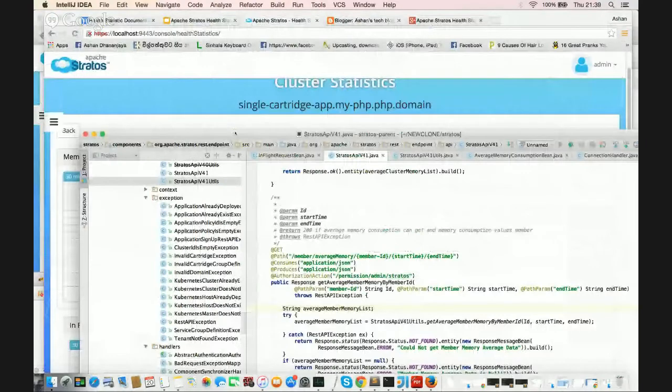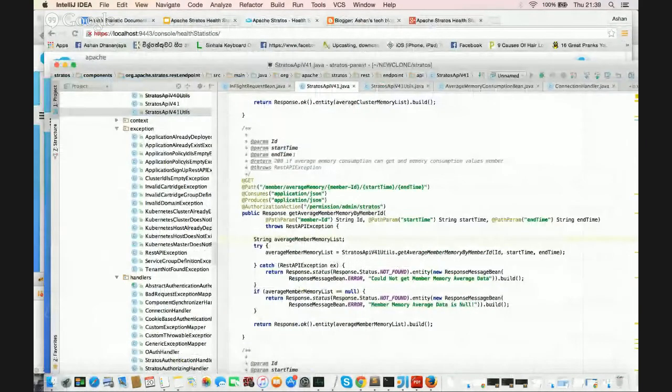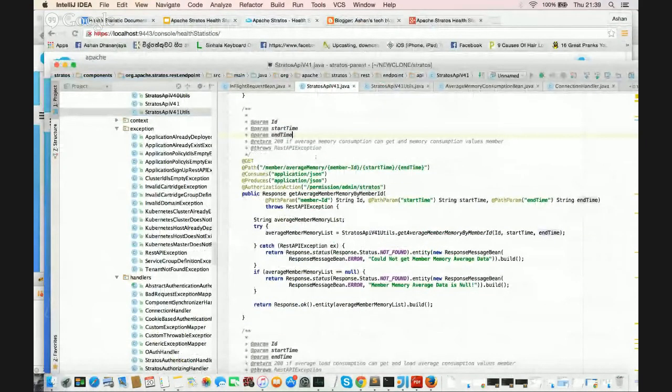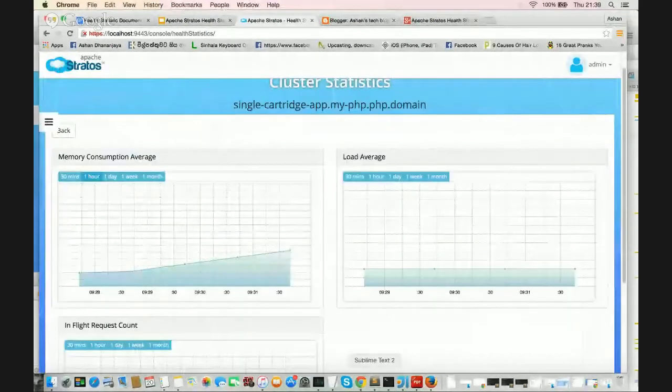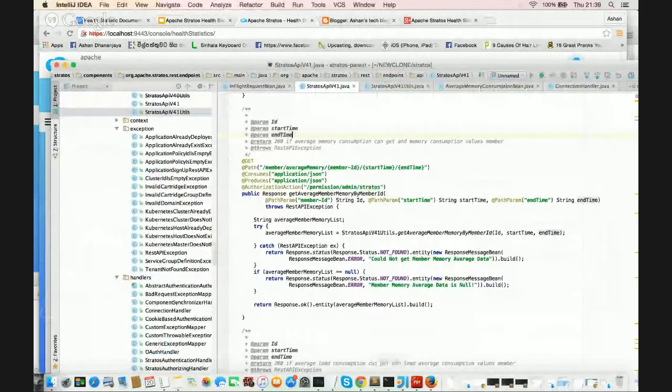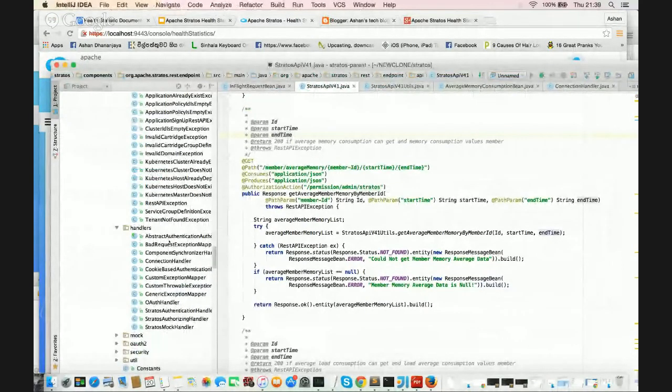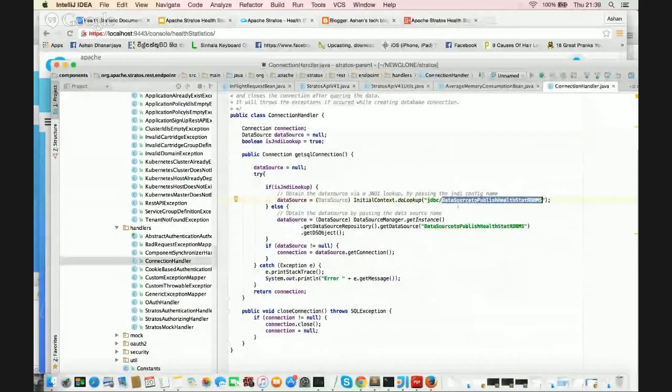Hello, Ashan. Yes. I saw in one of the places in the code you have hard coded the JNDI name, JDBC, in the connection handler. Yes. Oh yes. The usual practice, I think, is